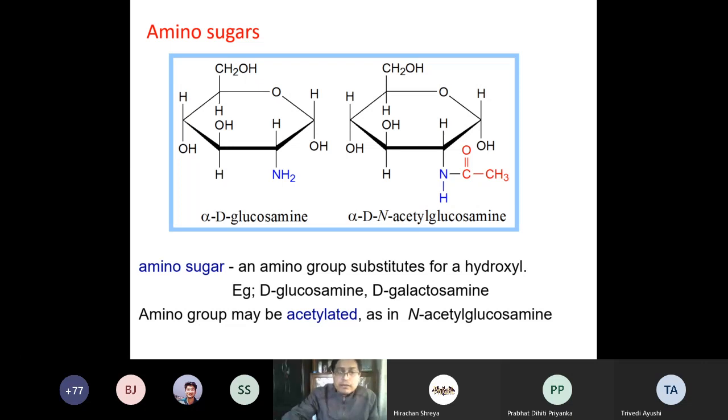Okay, not only can the amine group be attached, but this amine group can also be acetylated. As you can see, N-acetyl glucosamine, alpha D N-acetyl glucosamine. Just try to understand the full name also. Alpha D glucosamine, this is the D-glucose molecule. Alpha means this bulky group and the functional group of the first carbon are in opposite planes, not in the same plane. This is the alpha configuration, and here you can see alpha D N-acetyl glucosamine. That means this acetyl group is attached through nitrogen. That's why it is N-acetyl glucosamine.